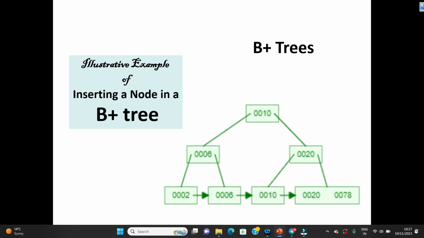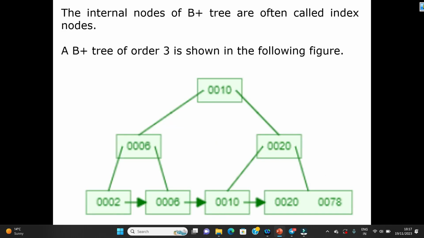So let's start. Here you can see this is a B plus tree. At the leaf we have 20 and 78, the value you can see at the rightmost leaf, and at the top you can see that 20 is there. So 20, which is at the internal node, is basically a key, and the 20 that you see on the leaf node is a record. So all the things that you see on the leaf are the records, and all the things that we see on the internal node or the root are just keys.